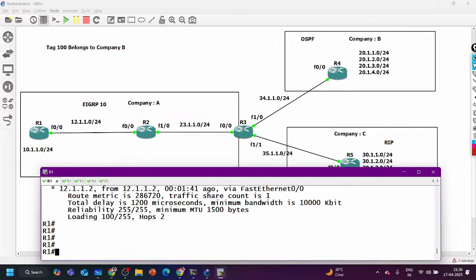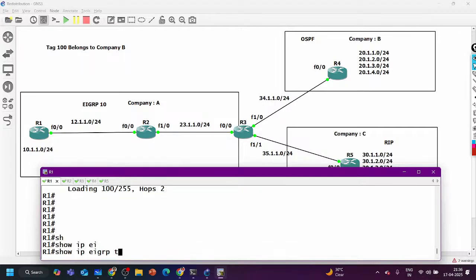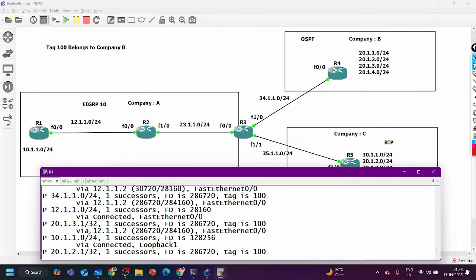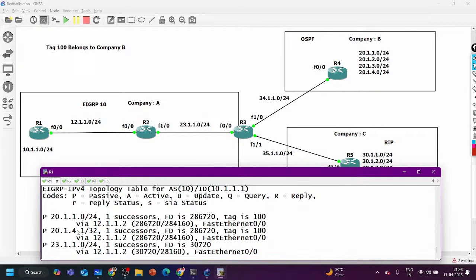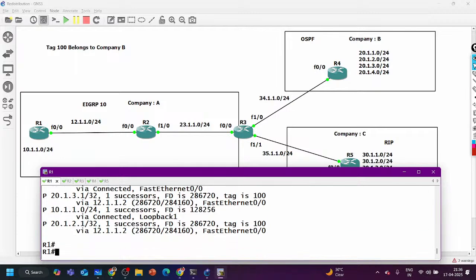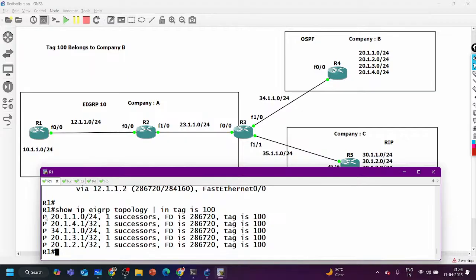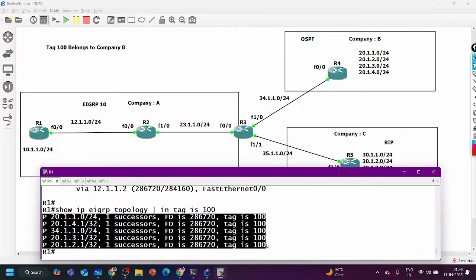How can we verify it? Now you can see show IP EIGRP topology. In the topology table, 20 subnets are there, right? But I want to see the prefixes which are coming from company B. So I can say include tag is 100. Now it will show me all the prefixes which are coming from company B, right?